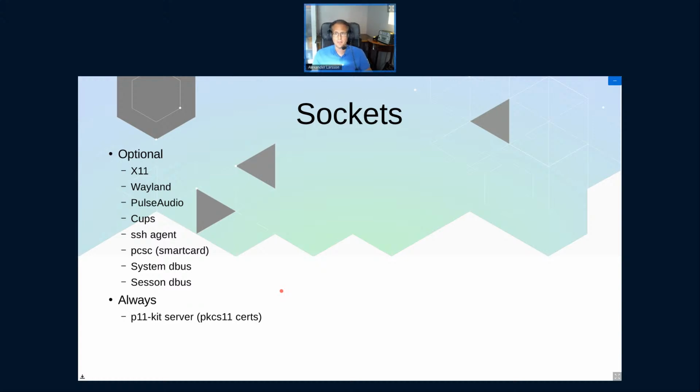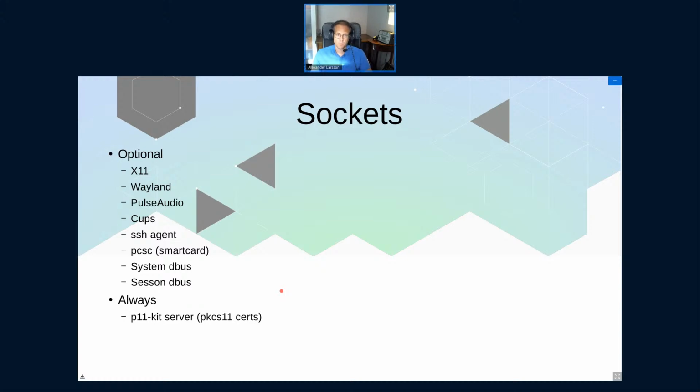We have various socket types that we are able to automatically forward and set up inside the sandbox as needed. I list a bunch of optional ones here, but at least the ones at the beginning, like X and Wayland, are basically going to have to be enabled by everyone. So that's not really optional. But if your app does Wayland, you can optionally opt out of X, for instance.